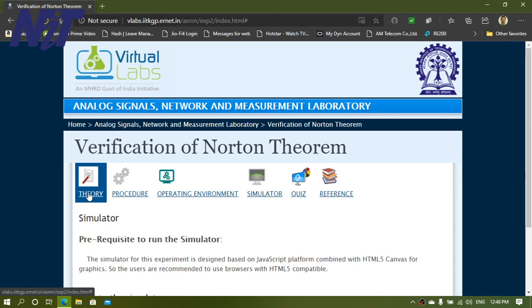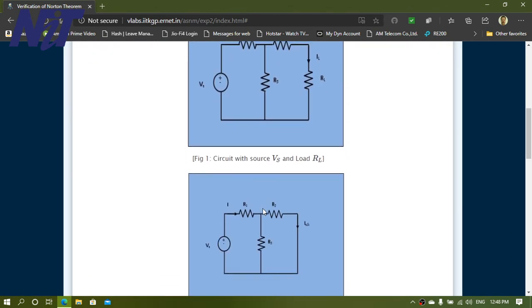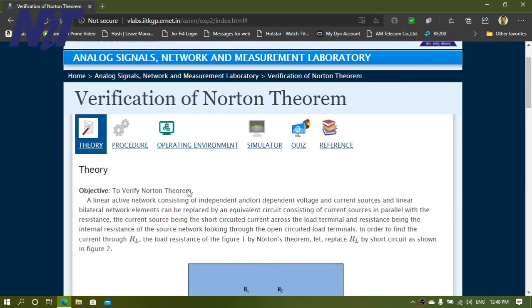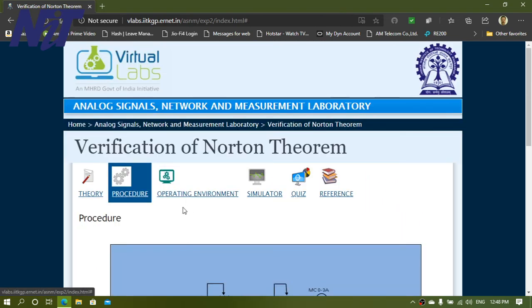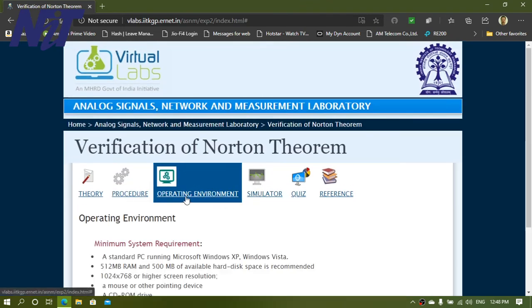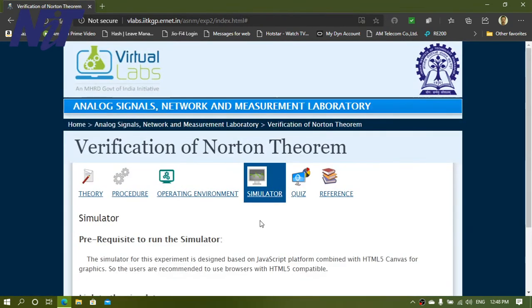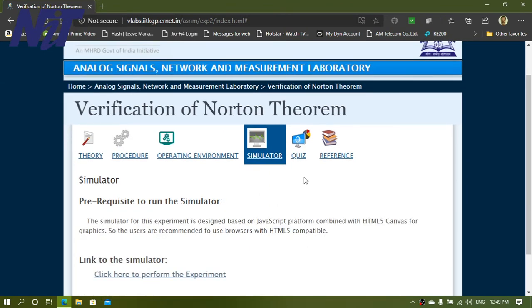First you go through these theory parts. I already discussed in the PPT. Theory as well as procedure, this page, and operating environment, what your minimum requirement is to simulate this experiment. Now this is the simulation part.